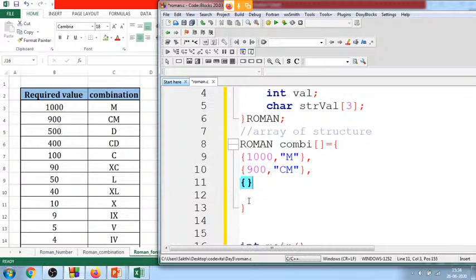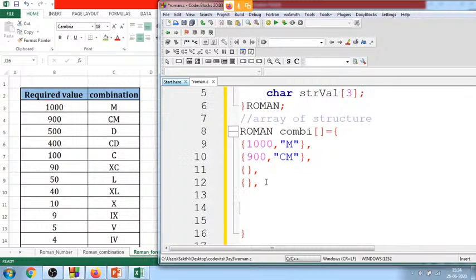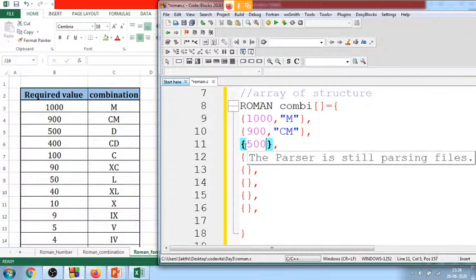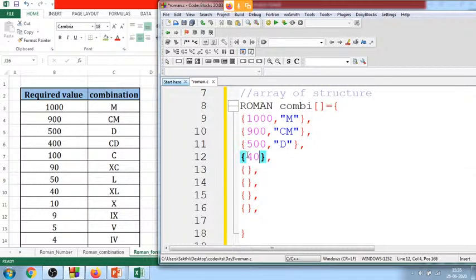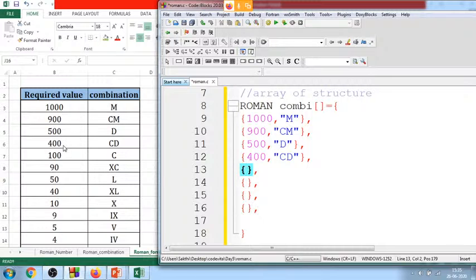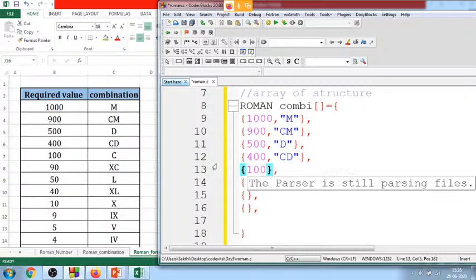Just a minute. Let me remove unwanted parentheses. So let me have a comma separator. Let me paste it. Okay, so 900, then 500. 500 is given with the notation D, and the next value is 400. 400 is given with the notation CD, and the next value is 100. 100 is given with the notation C,